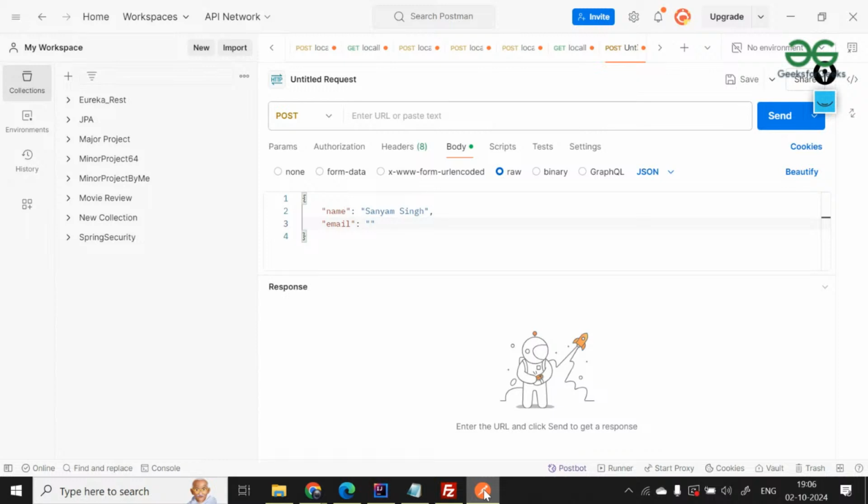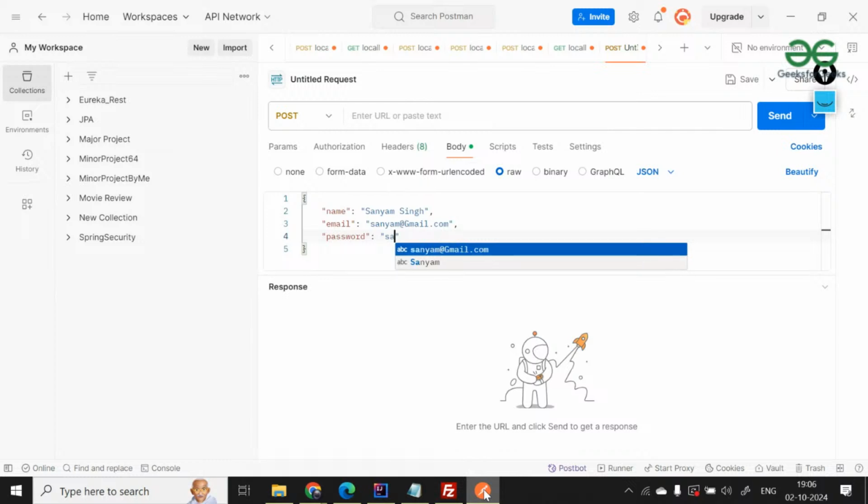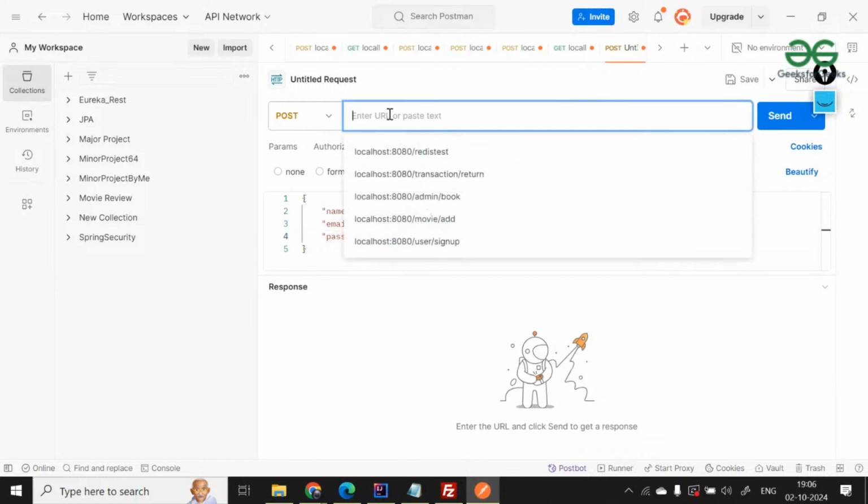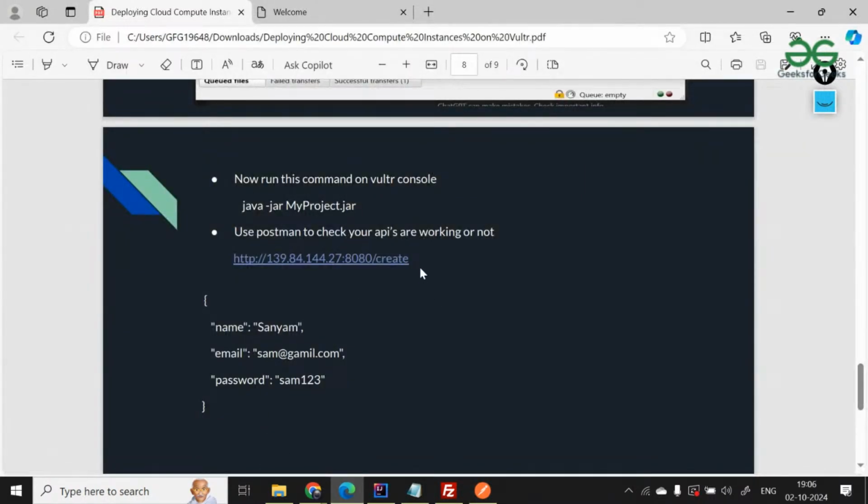Email, it is same. Sam at the rate gmail.com. Fine. Again enter, and then now you have to enter the password. Let us suppose I'm Sam 123. Fine. Here the main trick comes here, and here you have to first the things will be same,